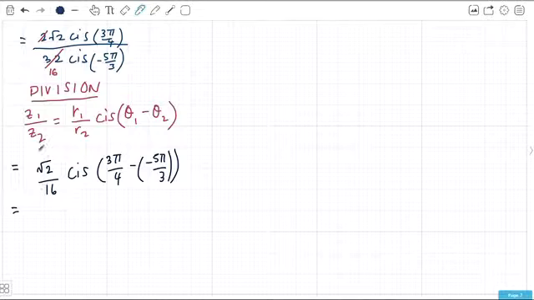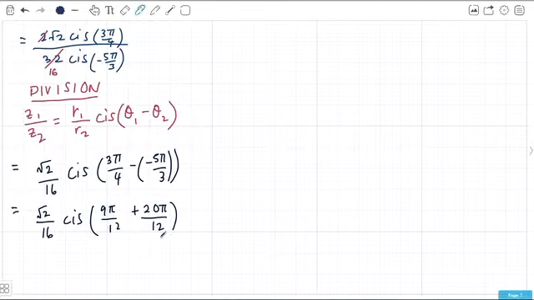Now there's nothing much you can do with this. This is just how it's going to be. Root 2 on 16 can't be simplified. We can put all this over a common denominator, over 12, so times the top and the bottom by 3. And this becomes an add now, 2 negatives, times the top and the bottom by 4. So what we're going to find is we end up with root 2 on 16, cis of 29 pi on